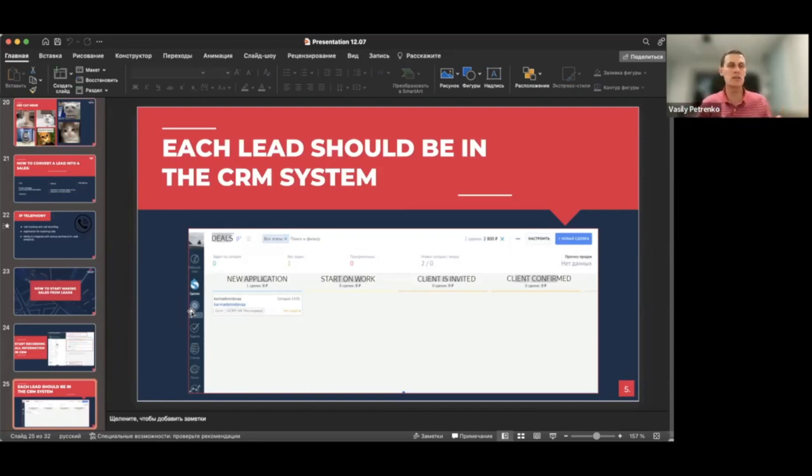What is wrong? The thing is that if you don't have this type of system which controls everything, you cannot find the reason. But if you have the system, for example, you could look at all of those cards in this system and see that your managers were not calling those clients about the booking. They were not reminding those clients about the booking the day before. And 90 of the potential clients out of 100 just simply forgot that they booked something a week ago and they didn't come. So you see, this is why it's really important.